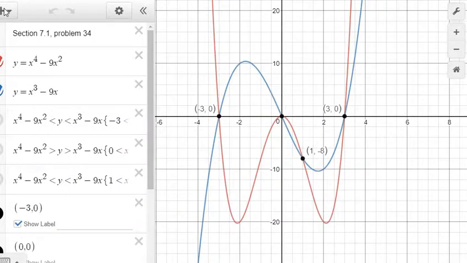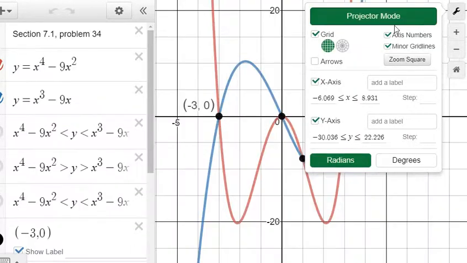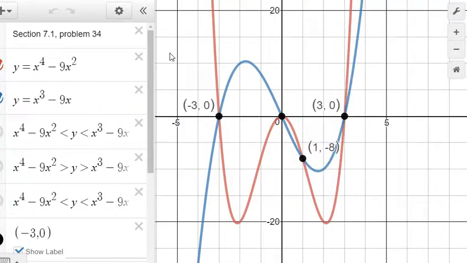Let's zoom out here. So here's problem number 34. We want to find the area between these two curves: y equals x to the fourth minus 9x squared, and y equals x cubed minus 9x. So those two graphs are drawn for us right here. You could also graph these on your graphing calculator,